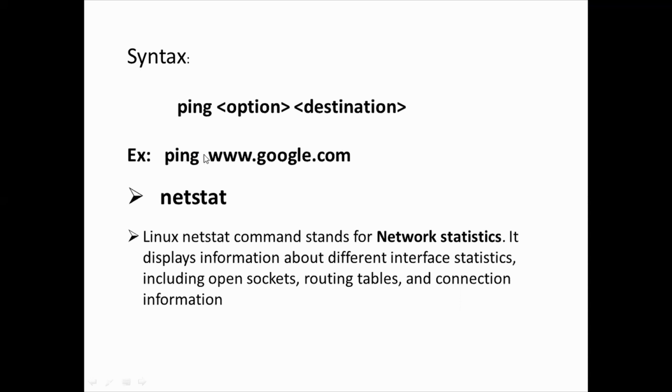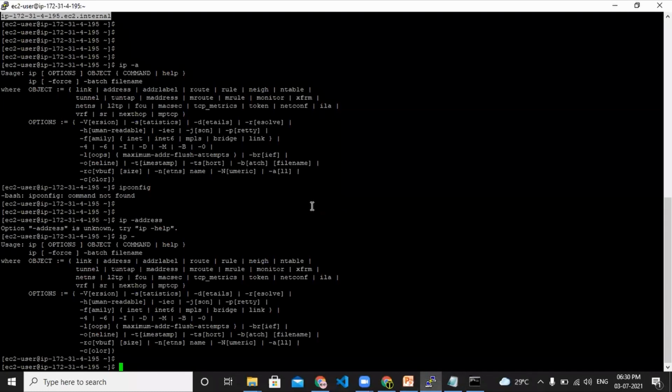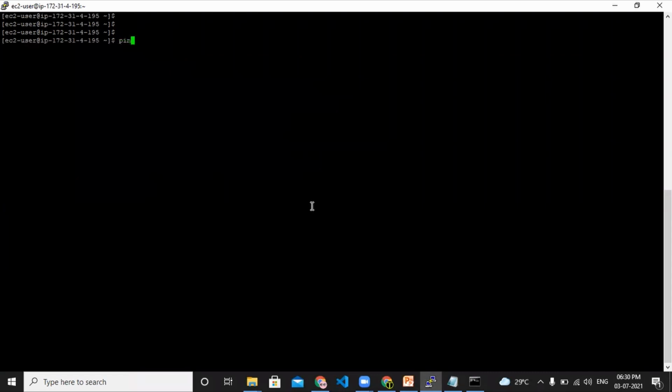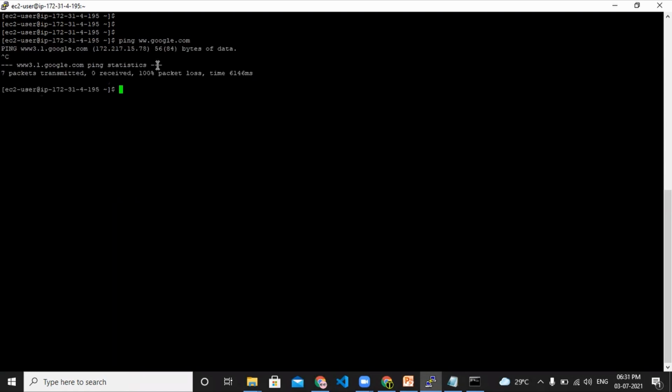So we can ping www.google.com. We can see whether we are receiving traffic or not. I'm able to ping this server, and we receive data bytes.